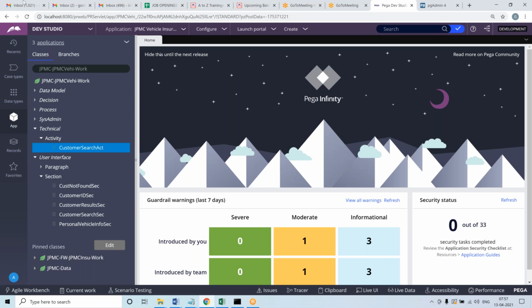So the activity is not going to be part of the flow. It is a standalone, which means you might be directly executing it, or executing it by agents or by services or some other things, but not part of the flow. So this is a generic activity, a standalone activity.